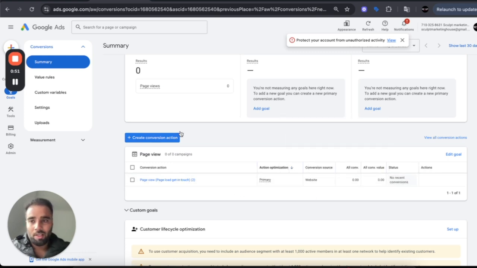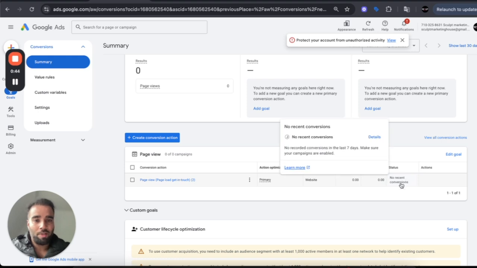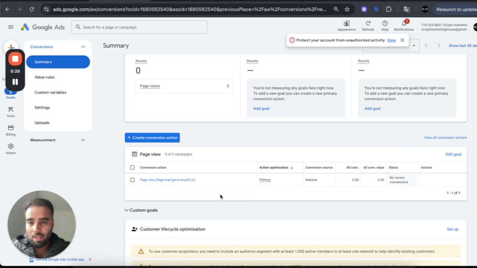That means that when we landed on that particular page, this status, which was not active, now shows that the tag has been triggered over there. So this is showing no recent conversions. So yeah, that's the first way, and for the second way I will be creating another video which would be using Google Tag